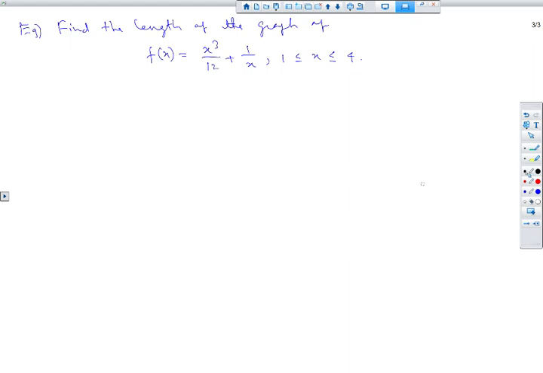Find the length of the graph of, let's say, f of x equals x cubed over 12 plus 1 over x, going from x equals 1 to x equals 4. Good. So the answer is